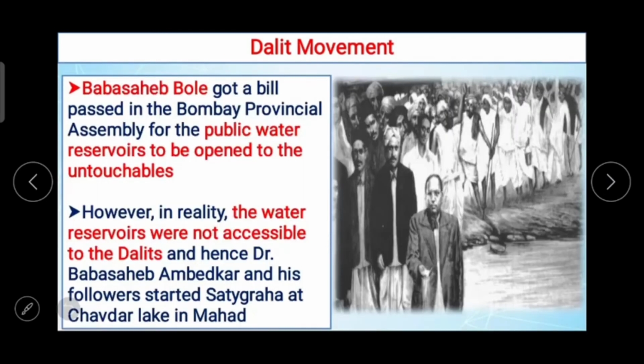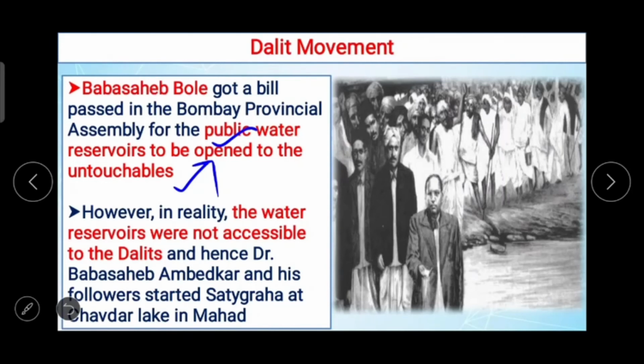Babasaheb got a bill passed in the Bombay Provincial Assembly for the public water reservoirs to be opened to the untouchables. Now by this you can easily understand the situation of that period, the situation of the Dalit people of that period. Such a bill had to be passed in the assembly so that people would get the right to fill water from public reservoirs. This means they did not even have the freedom to drink the water there, nor the right to take water from there. Even after this bill was passed, however, in reality the water reservoirs were not